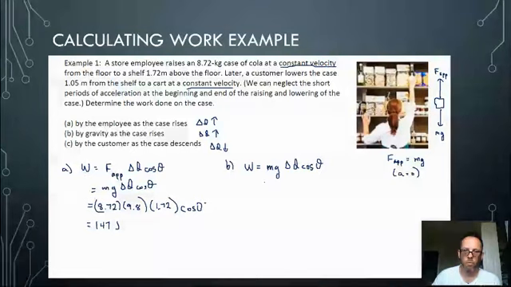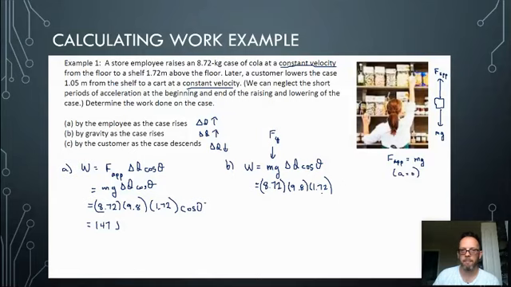So what's different? Well, the mass is not different, 8.72. Remember, here we're looking at the work done by gravity, so Fg, but that's also just in magnitude mg. As the case rises, g is 9.8, delta D is still 1.72, but gravity,